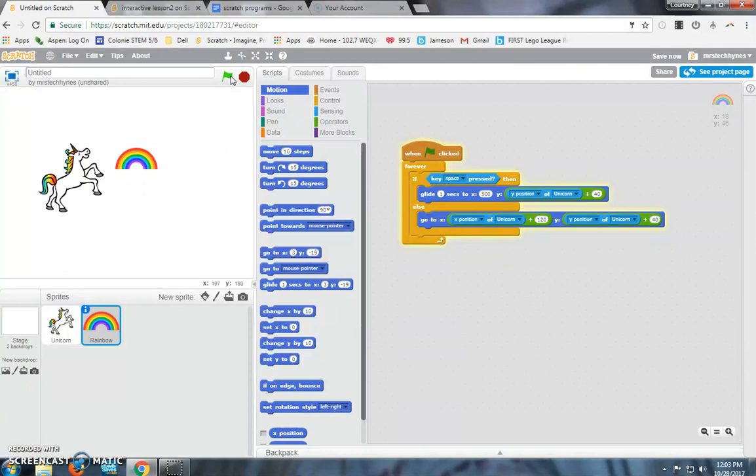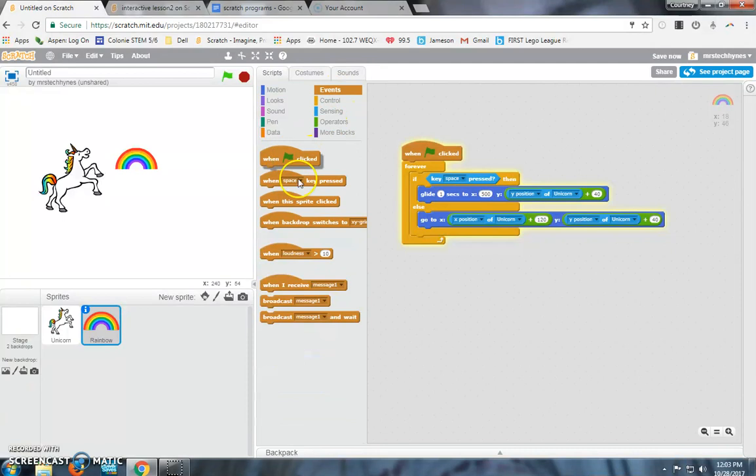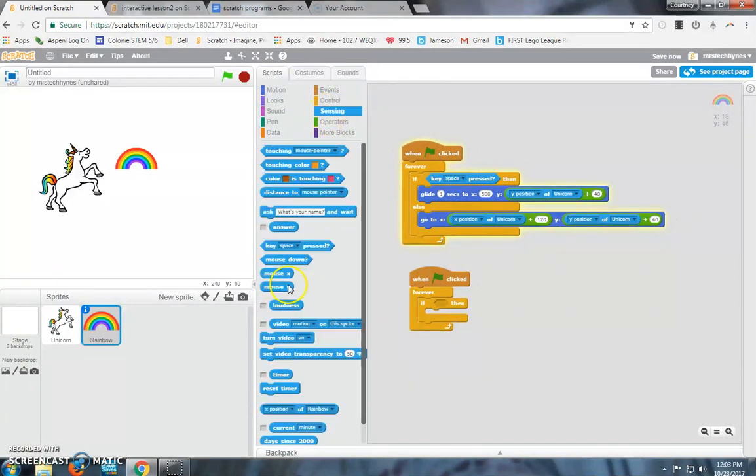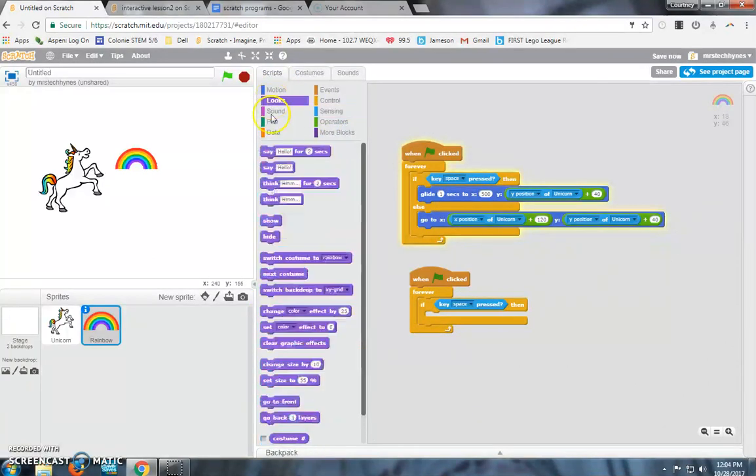Hooray! Now what we can also do is we can add some more scripts to this. So perhaps I could go back and use the forever if. And I can have it, if I'm pressing the space key, maybe I also change color effect. So let's see if I can get that to work. Very fun, but then it actually doesn't reset it. So what I could do is possibly clear graphics effect when it gets done, and then